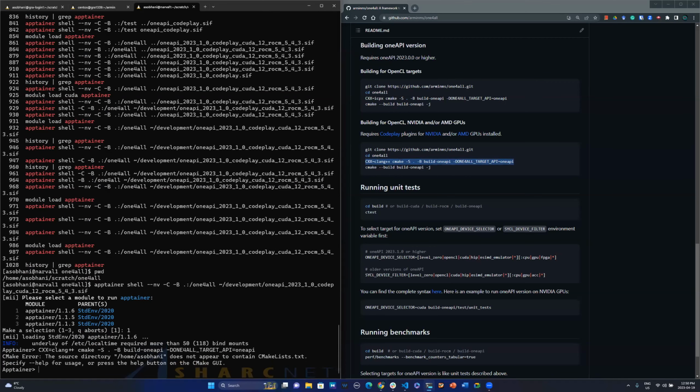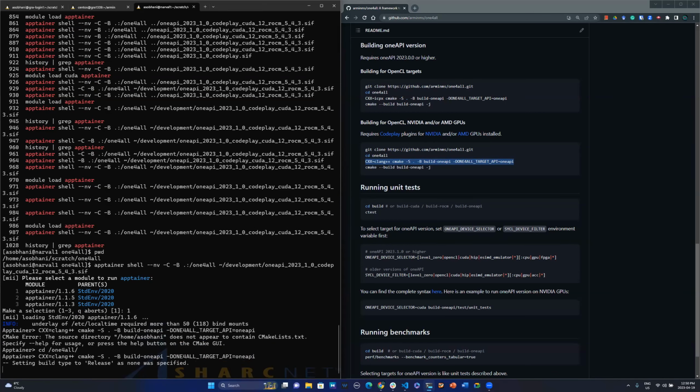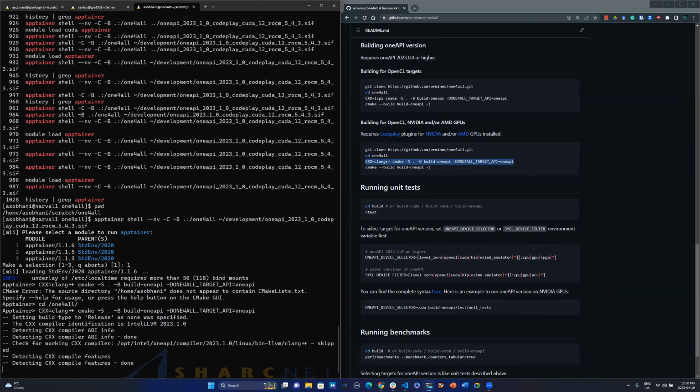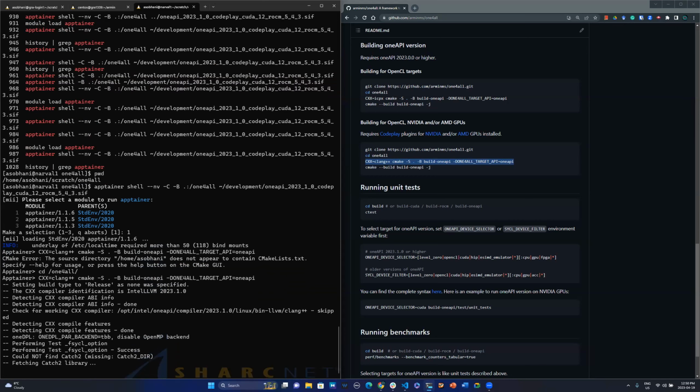Oh, I should first go to oneAPI. And this Apptainer also has CMake already included, so you don't have to worry about CMake. The good thing is that when you build with this, the binary or executable file can be